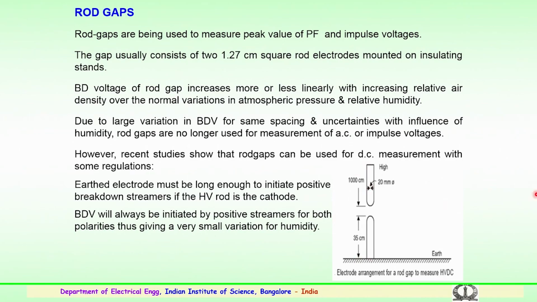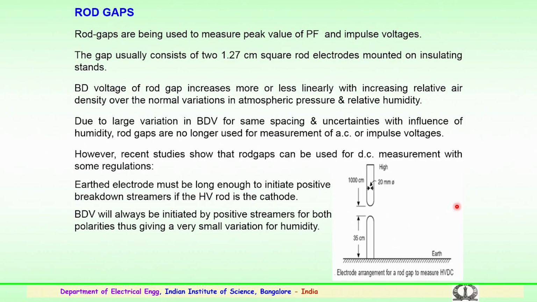Here is the breakdown voltage of the rod gap assembly, the voltage at a specified distance, it could be S or a minimum distance small d, the distance during the breakdown. The breakdown voltage of this rod gap increases more or less linearly with increasing relative air density, that is the observation, over the normal variations in atmospheric pressure and relative humidity. And because of the large variation in breakdown voltage for the same spacing, there could be a difference compared to the sphere gap, a large variation in the breakdown voltage, and uncertainties which could be influenced by things like humidity,